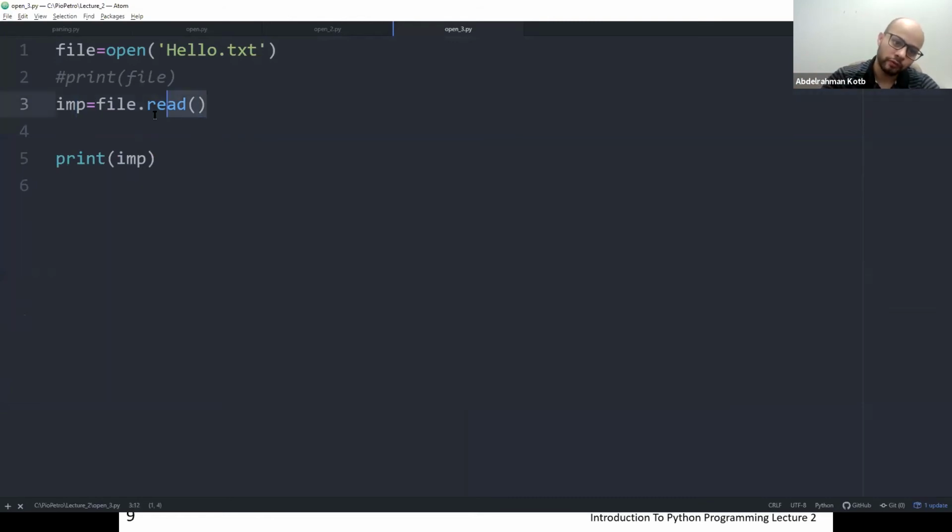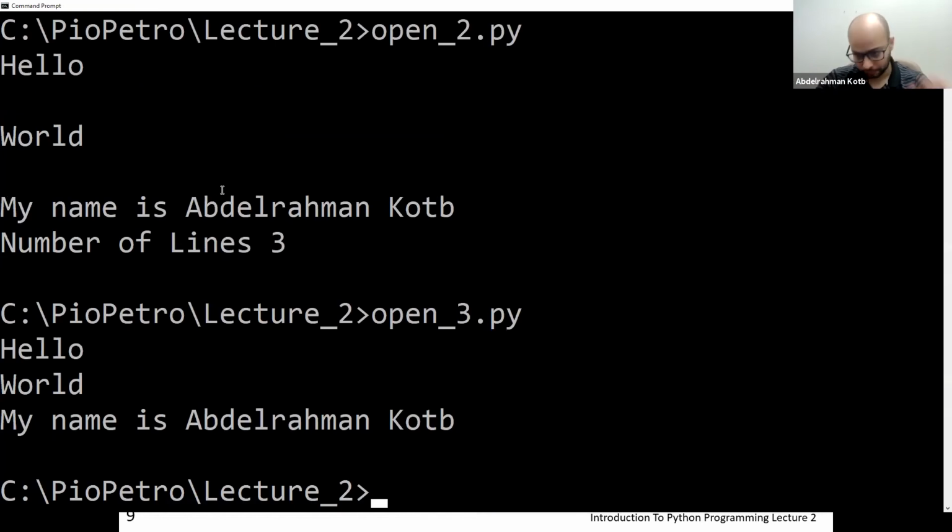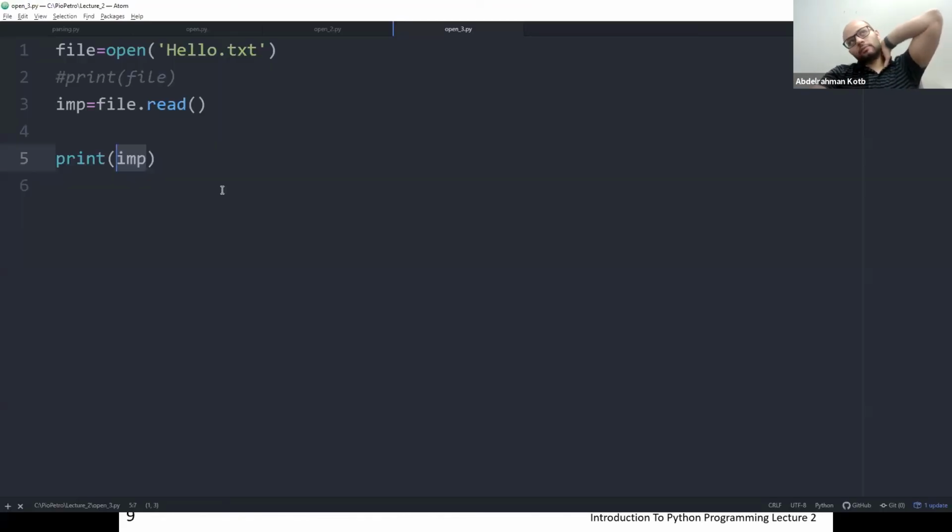So it's going to be file.read, print it. If I do that, it's actually reading. In general, this is not good practice, since a lot of times you actually do not want to read the whole file at once into memory.